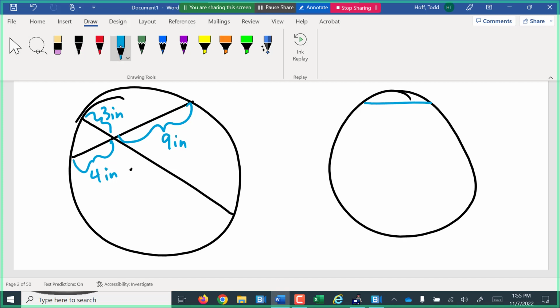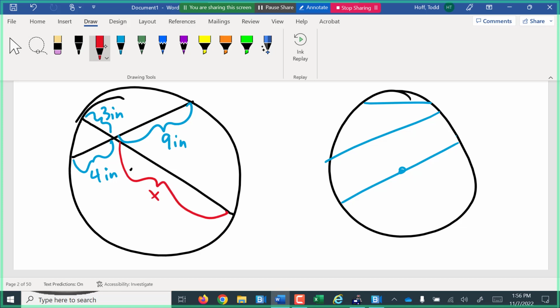In a circle, I can have chords of all different lengths, right? I can have a chord here. This chord's going to be longer. Of course, the longest possible chord would be the diameter of the circle, right? So the length of the chord can be anywhere from the length of the diameter down to nothing. To find the length of this missing piece here, which we're going to call x,